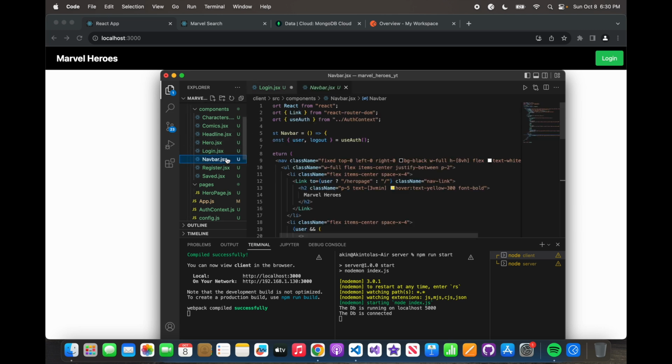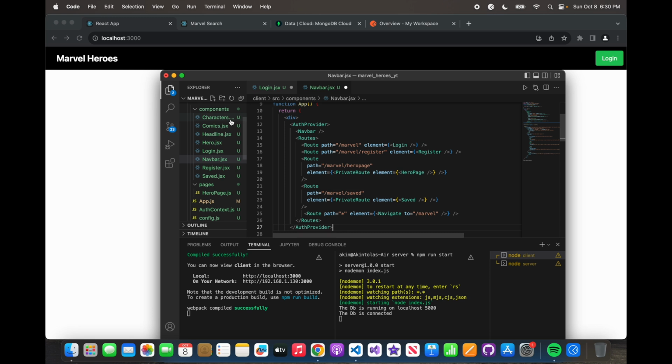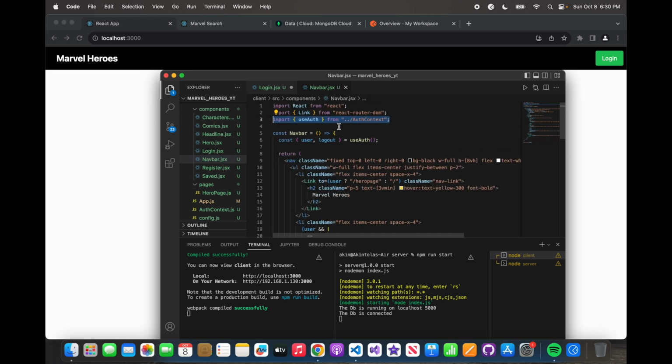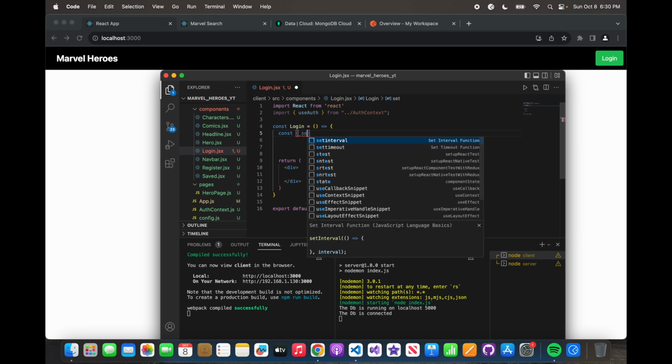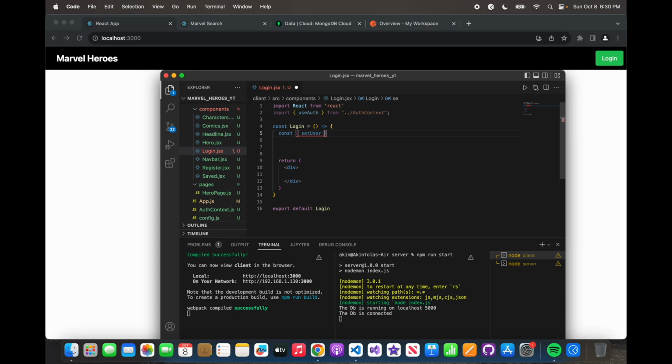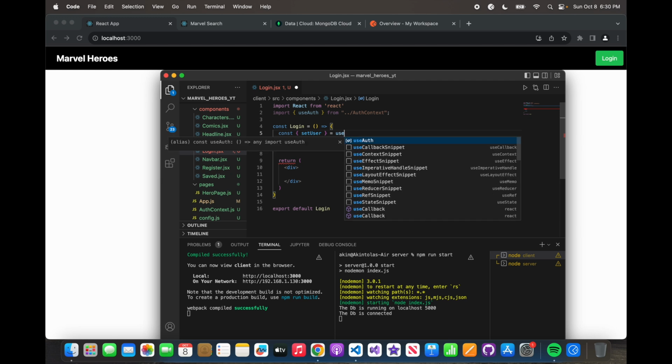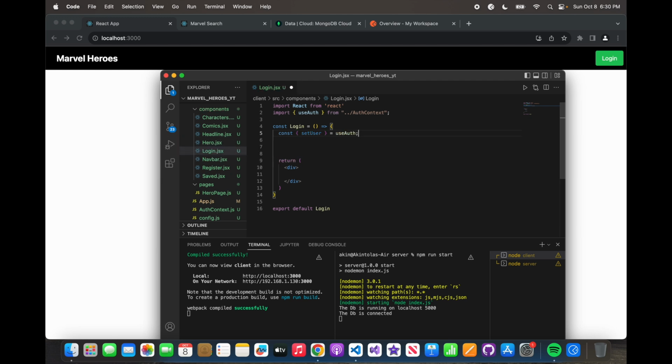So let's just grab it from here because I don't want to type that out. Oh, so let's grab that, close that up. Yep. And now we're going to say const set user is equal to use auth. Bam. And here we're going to say const, but this is going to be a